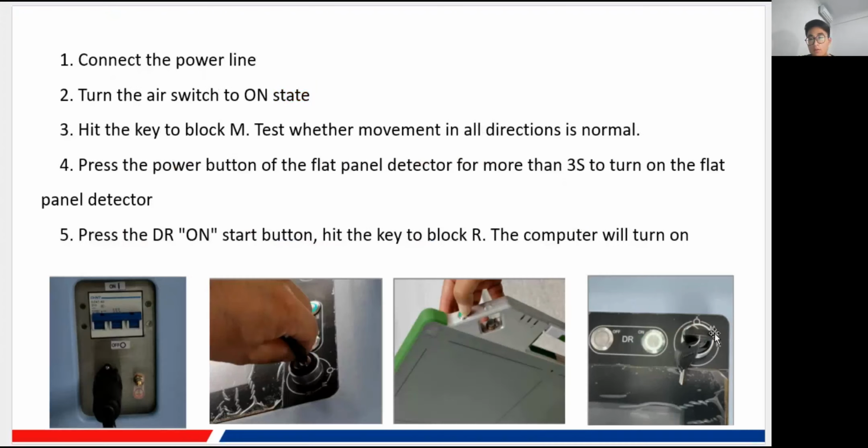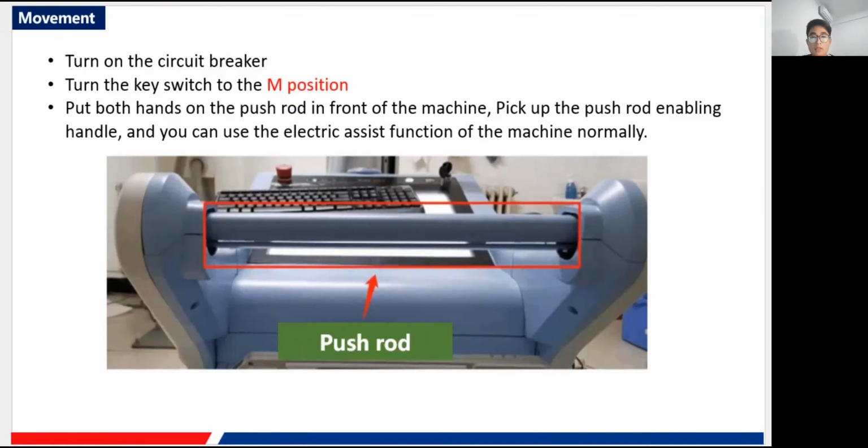M position here, this guy, to M position. M means the motor movement. M stands for the movement, the first capital of the word movement. So here, this is our push rod. You put both hands on this rod in front of the machine, and then you pick up